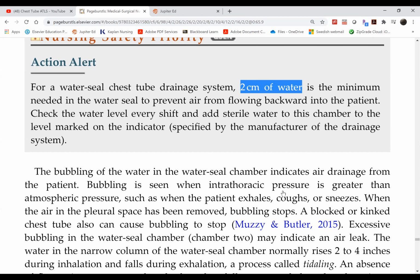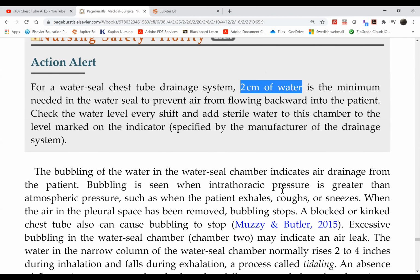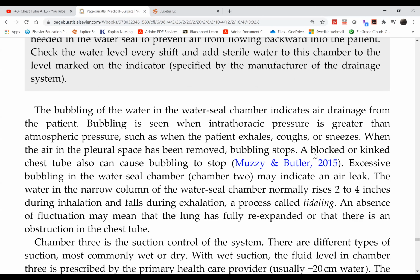That is very important. Now, bubbling. Now, there will be bubbling in anything wet. So there will be bubbling in the second column as well as the third column in a wet suction setup. So you have 2 chambers here that are wet. Now, as far as the water seal chamber, which is bottle number 2, which is your trap, your water seal, the bubbling there should only be intermittent, and it should bubble also during exhalation, coughing, and sneezing,